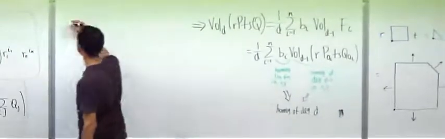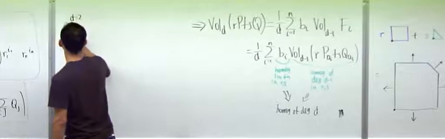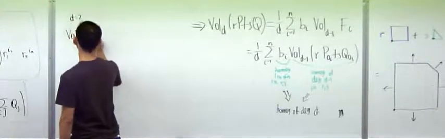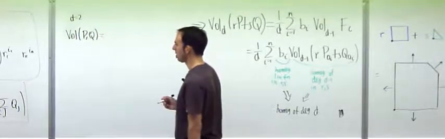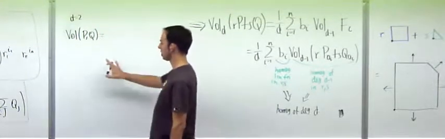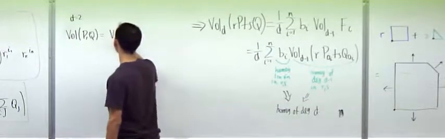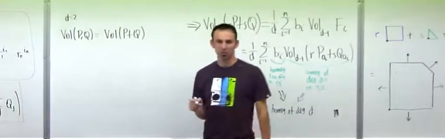So for example, for d equals 2, what does this say? The mixed volume of P and Q is equal to, basically what this says, let me just tell you what it says. You take the volume of the sum of everything,